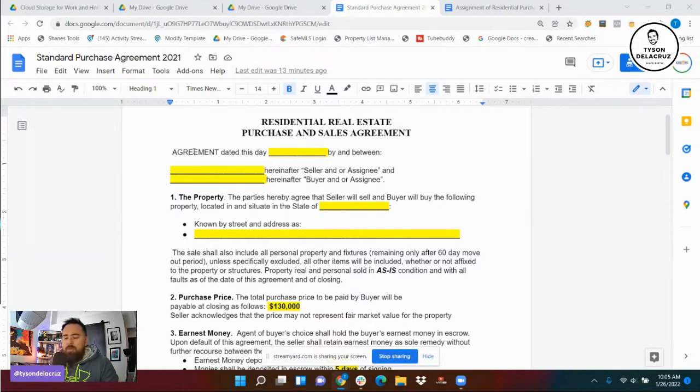This first line item here is going to be the agreement date. Very simple, very straightforward. If you're an existing realtor, you know how to navigate through this. If not, this might be new to you. Agreement date, very simple. In this line right here, you're going to put the seller's name and or assignee to